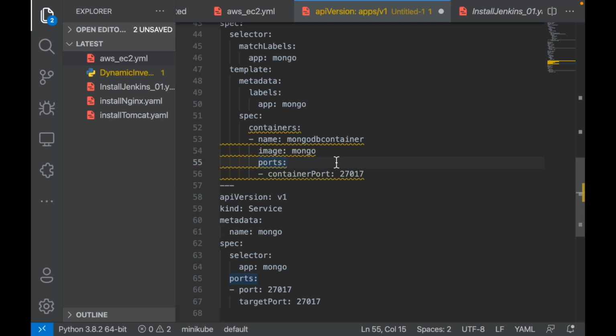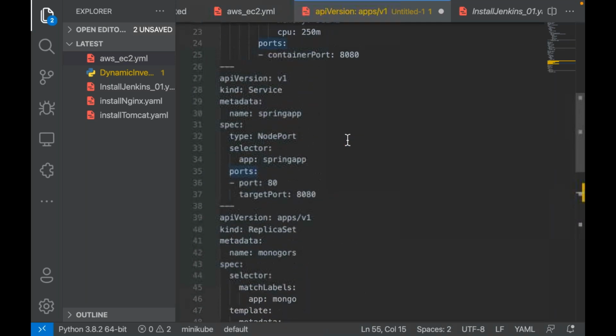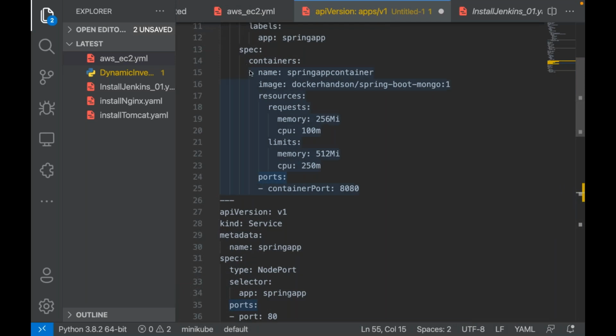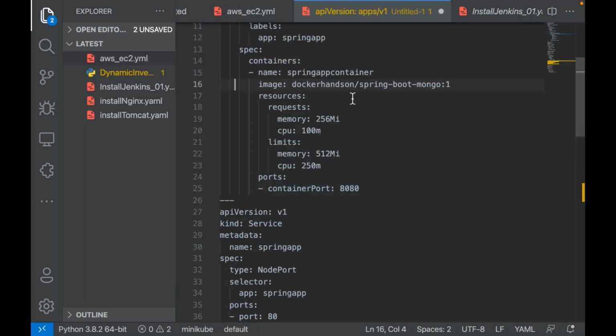Using -e, we did. If it was a compose file, what option did I use in the compose file? Environment. Now similarly, can I pass environment variables to the containers in Kubernetes also? Yes.